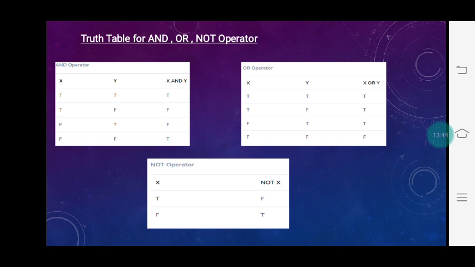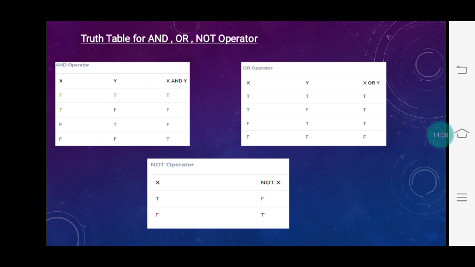When one is false and one is true, then also you will get the true condition. When both conditions are false, you will get the result false. So the OR operator checks that at least one condition associated with it is true, then it produces the result as true.